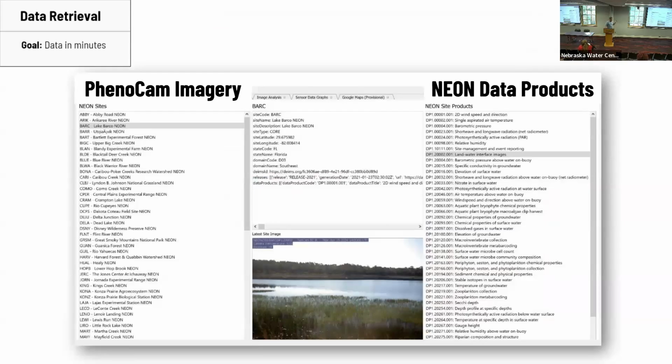PhenoCam imagery is on the left. I mentioned they also have maybe 800 or 900 cameras. There's a small subset of those cameras, maybe dozens, I think it's around 32 to 36 of those cameras, that are also co-located with lots and lots of instrumentation at these National Ecological Observatory Network, NEON,